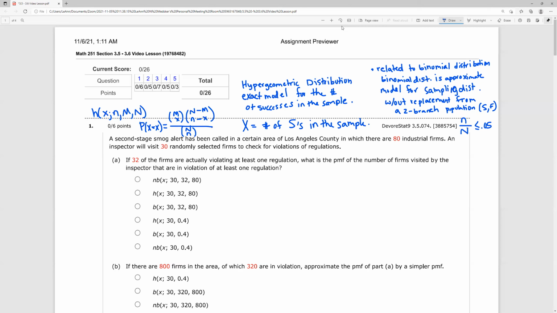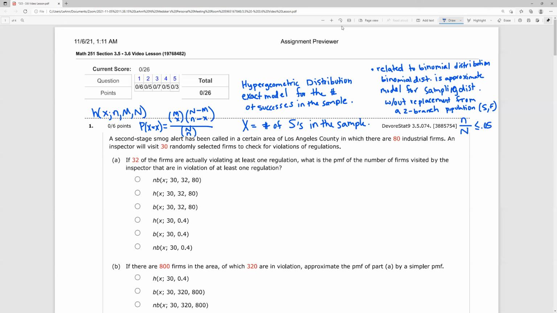Okay, so when we're looking at this first one, let's read through it. And once I get down to the expected value and the variance part, I'll write those formulas out as well. I just don't have a lot of room at the top. So we have this: a second stage smog alert has been called in a certain area of Los Angeles County